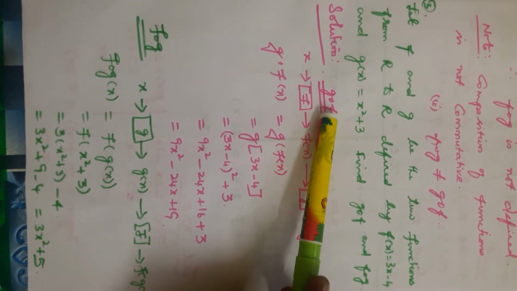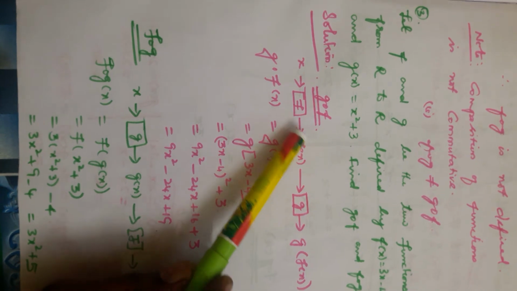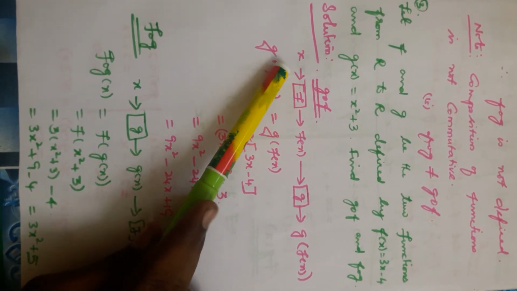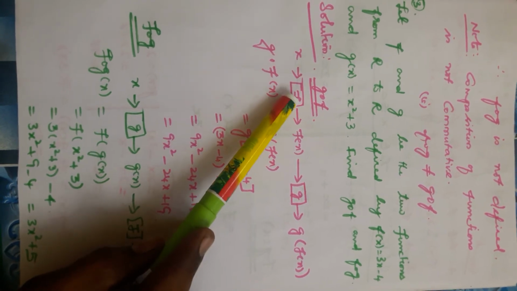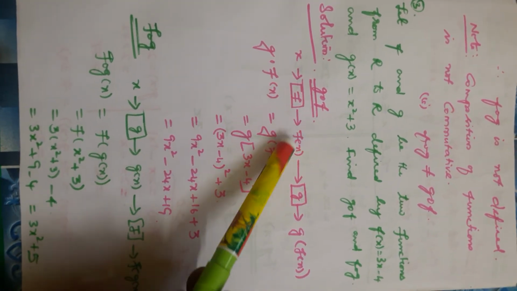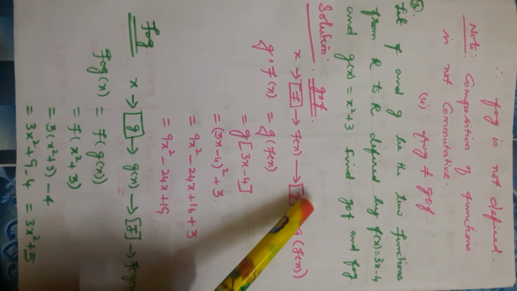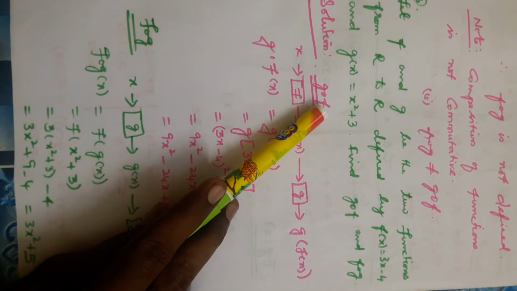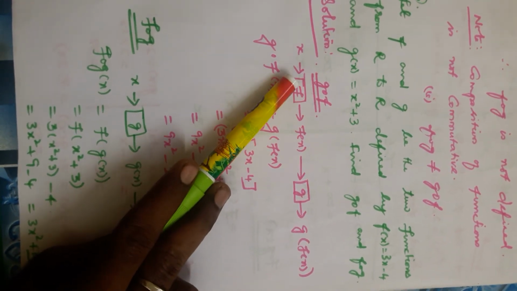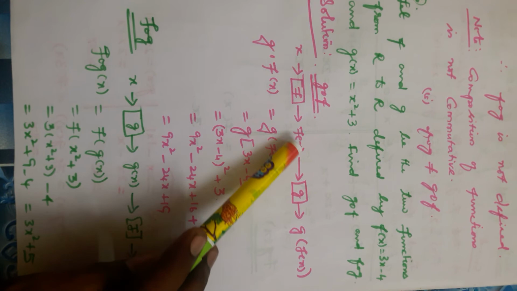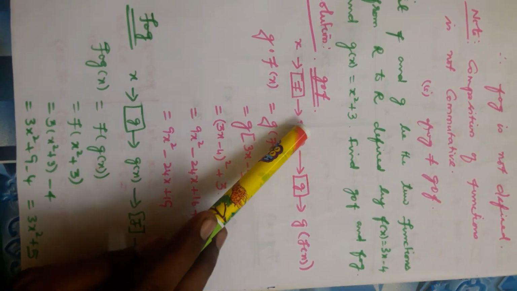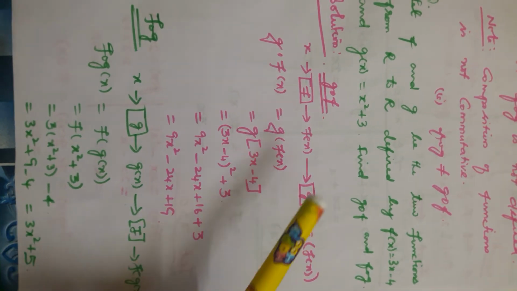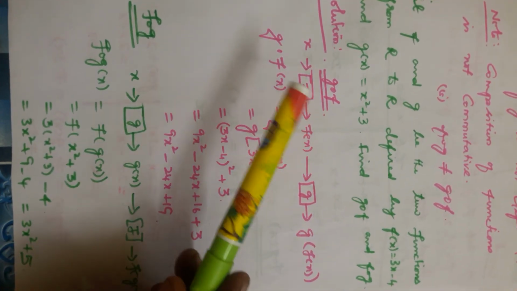Suppose you have g composite f, how to find the value: x tends to f. First we are taking x in terms of f, so that is f of x, and that f of x goes inside of g, that becomes g of f of x. So what is g composite f? First you have to take x inside of f, that is the f of x function you have to take and substitute in g. Substitute in g. This is not an easy question, so you have to listen carefully.